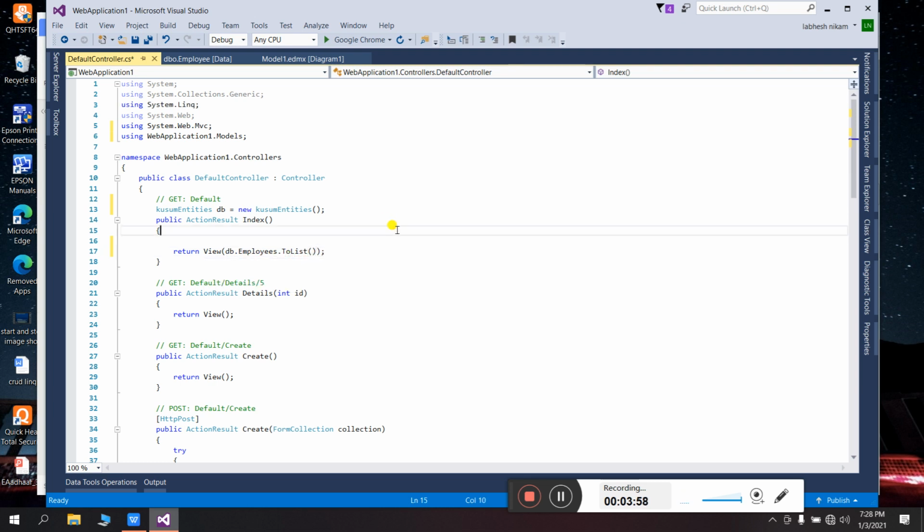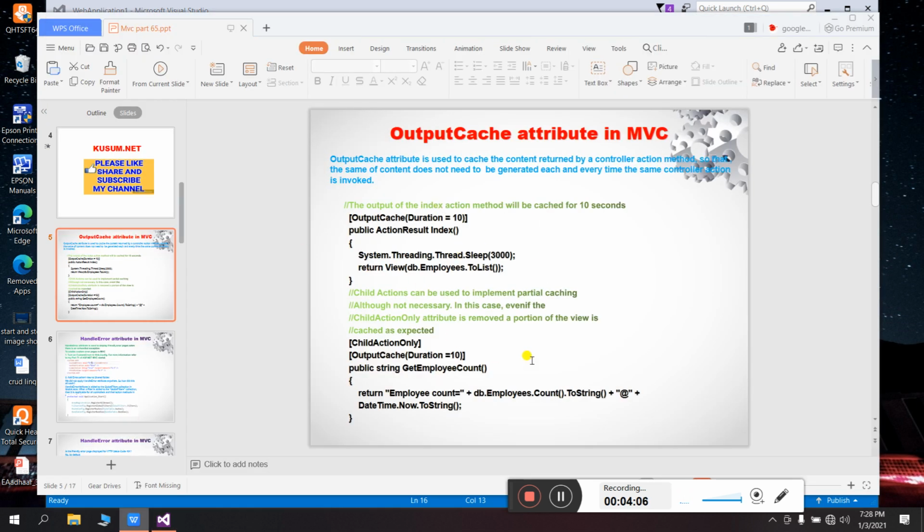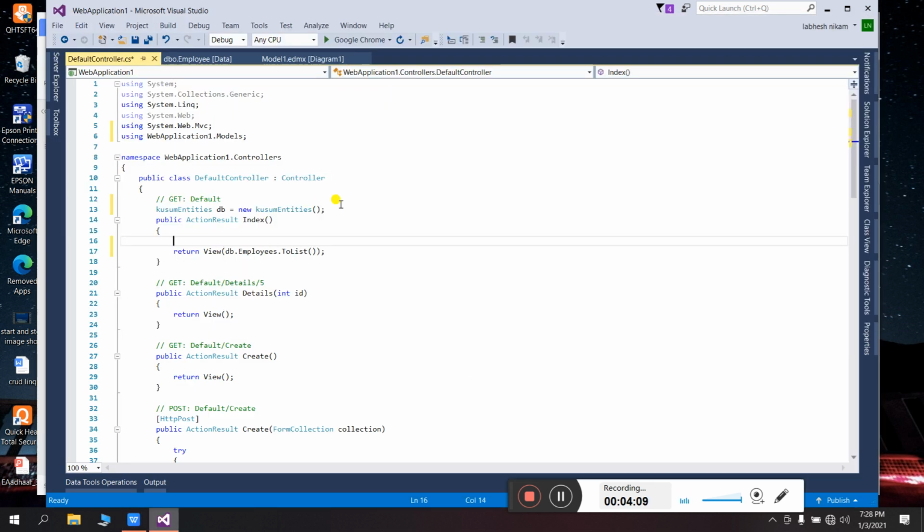Okay, and we'll add the thread sleep here, like this: System.Threading.Thread.Sleep for 3000. So after getting the method code, the application will sleep for 3 seconds.